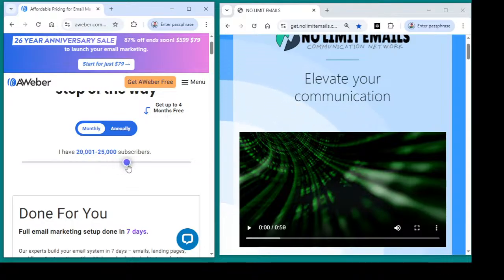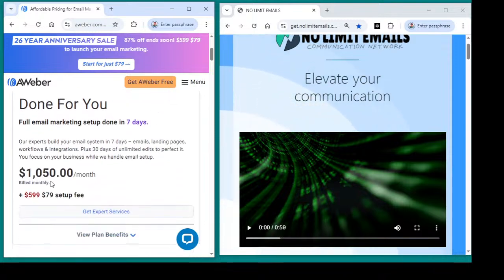We're going to up it all the way to 100k, like this. I have 100,000 to 150,000, and now we look at the price again, and you can see the price has suddenly magically bubbled up from a few dollars to about $1,000.50